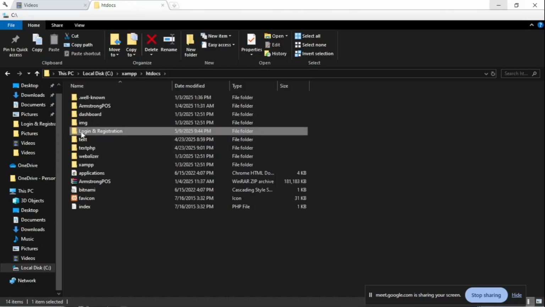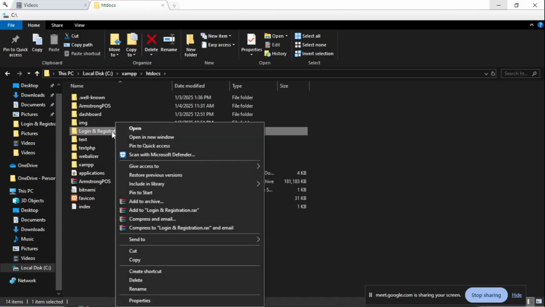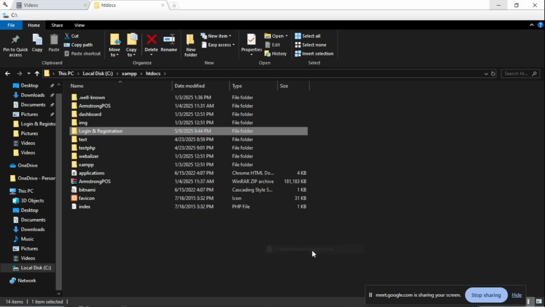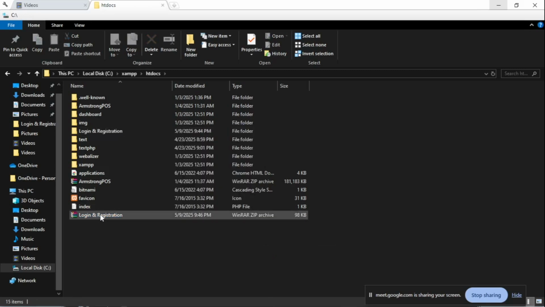And as you can see, we have the login and registration. I'll right click on it. After I right click on it, I'll go to send to, compressed folder, and you can see I have zipped it fast. So after I've zipped it, now I need to go ahead and